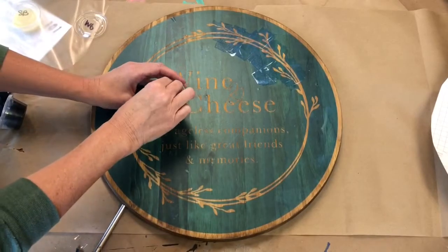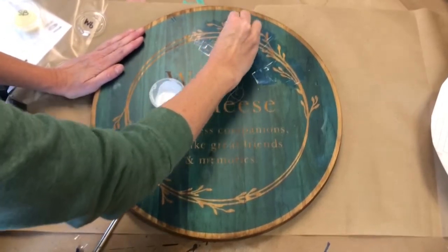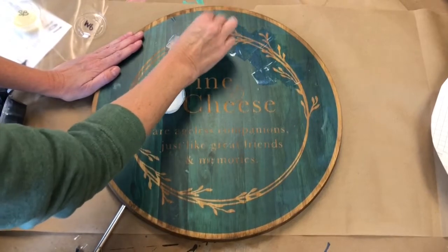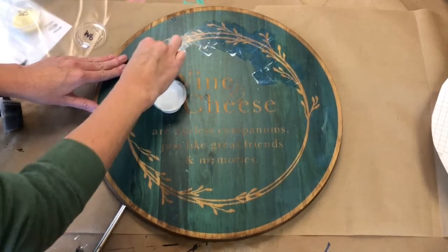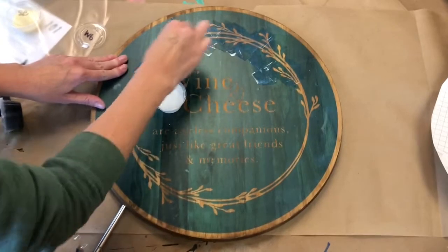So everything cut out where paint is going on is going to get the Mod Podge. What the Mod Podge is doing is sealing the edge of the stencil so that when we do paint, the paint won't sneak under and bleed. It really does help. So that's a little heavy, so I'm going to go and